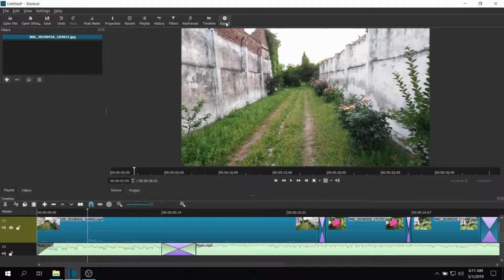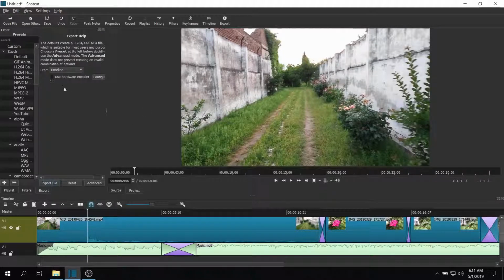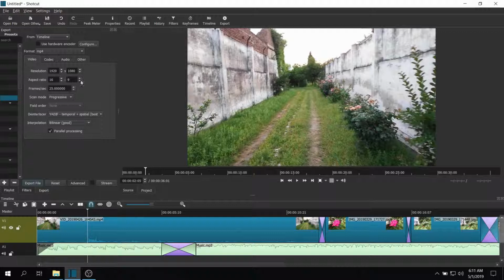And now to export, all you have to do is hit export, decide on which format you want. You can do audio if you want to extract audio from a video, or you can do what you'd mostly want, which is YouTube, since it's MP4. You can go to advanced, which will let you set the resolution, the interlacing methods. These are all advanced things. You can pretty much leave this alone and just, without messing around in advanced, you can just hit export file,